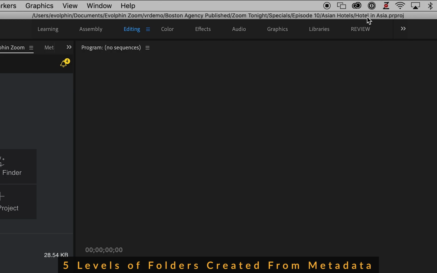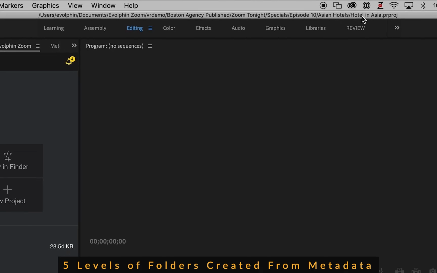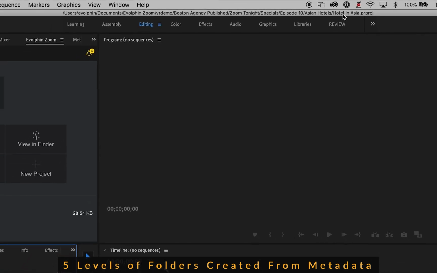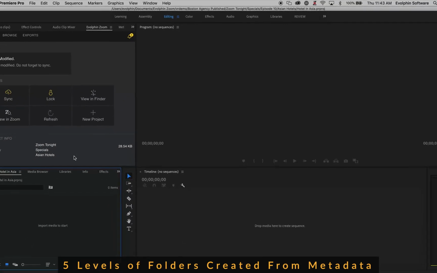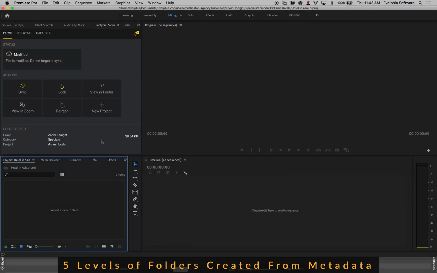So as a user, I did not have to create any of these folders. It happened magically using this new project workflow with the metadata-driven folder structure. And I can then start working on this project. All the project info populates up here. And if I look at this project in Evolphin Zoom,